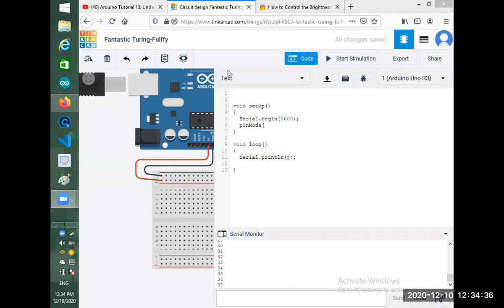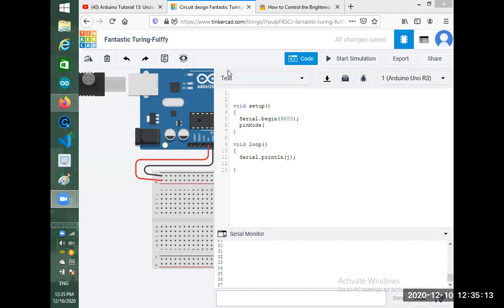Hello, are you with me? Yes, sir, your voice is clear. Yes, ma'am, I was asking them a question. Anybody can answer: after pinMode, what do we have to write? Anyone can comment pinMode, then a bracket, and we can start. If you don't get it, that is okay. I will wait for one more minute. You can answer. Apply your brain first.